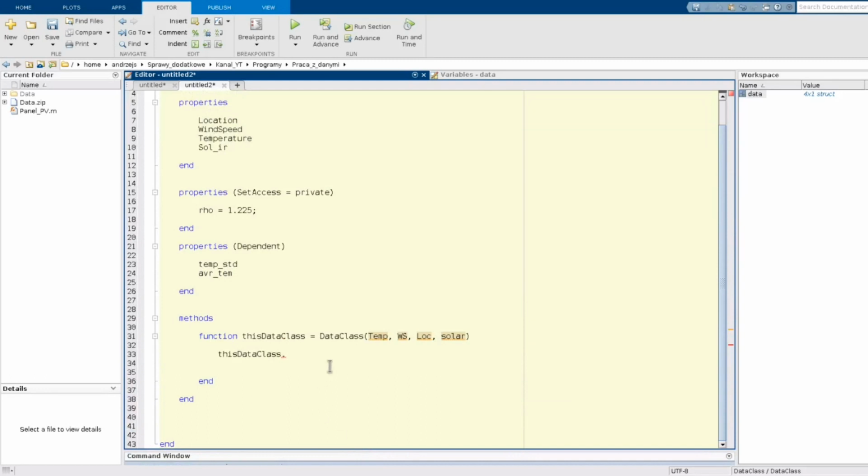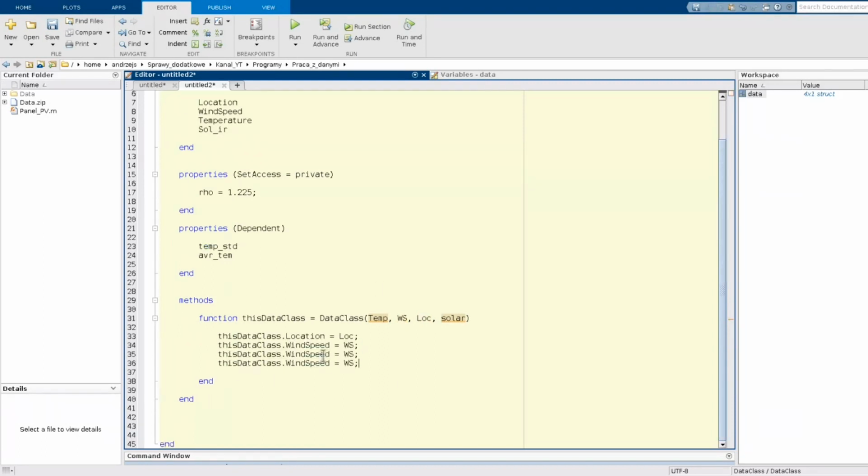It will be more convenient. Assign location. That's all I want to do in a constructor.